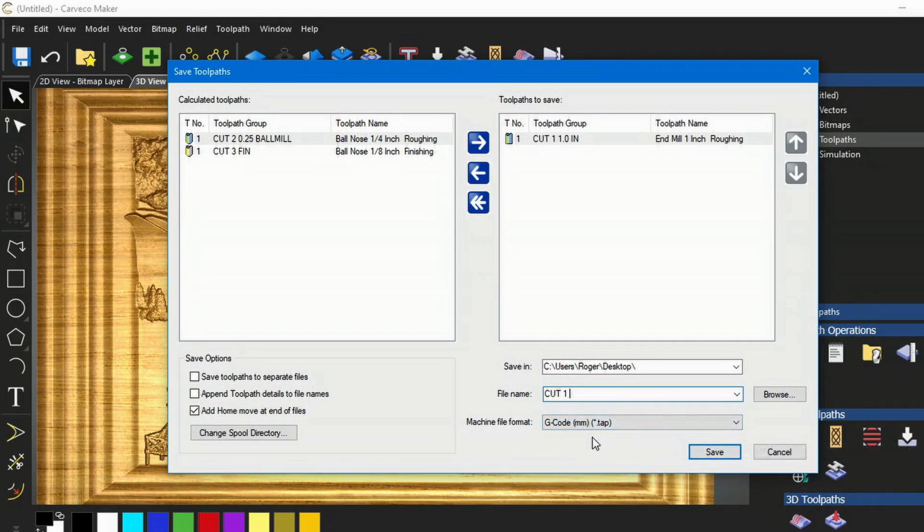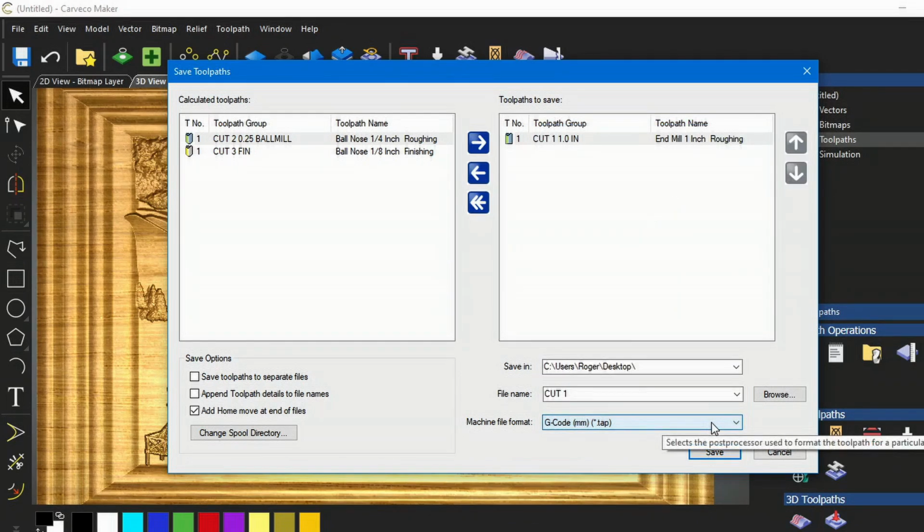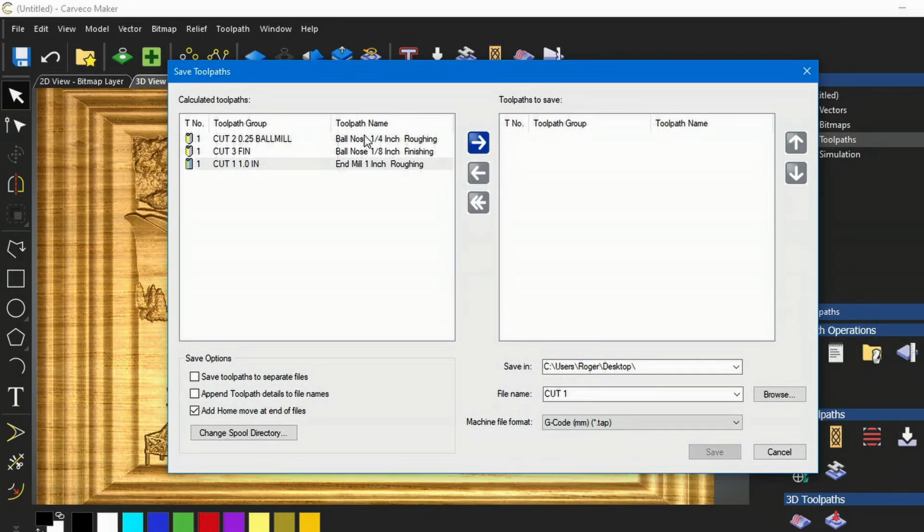But if you have a particular machine like a Hare or something like that, and here's a Hare here, look, it will accommodate. So there we go, just save. I'm saving to the desktop. Bring that one over, quarter inch tool, over,